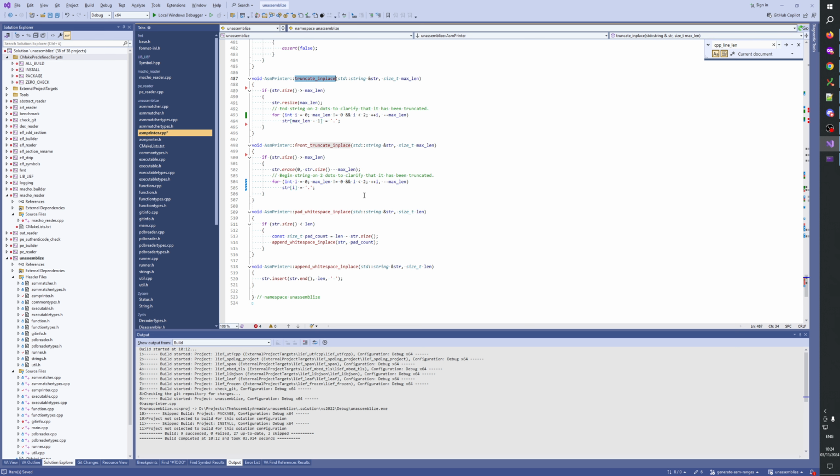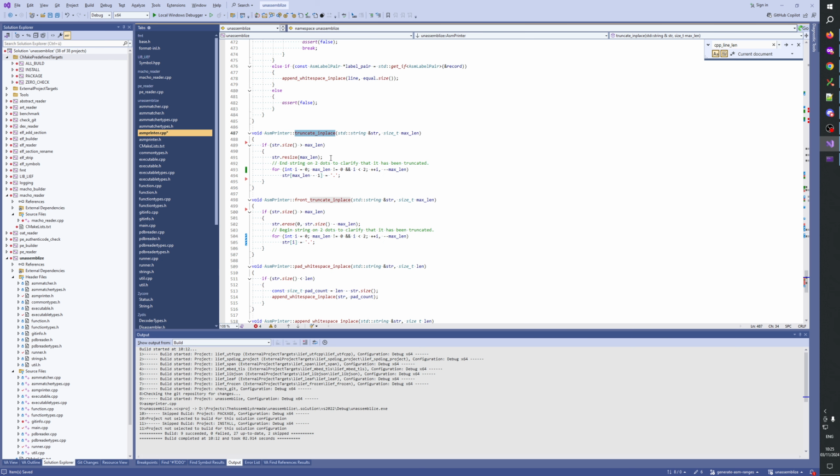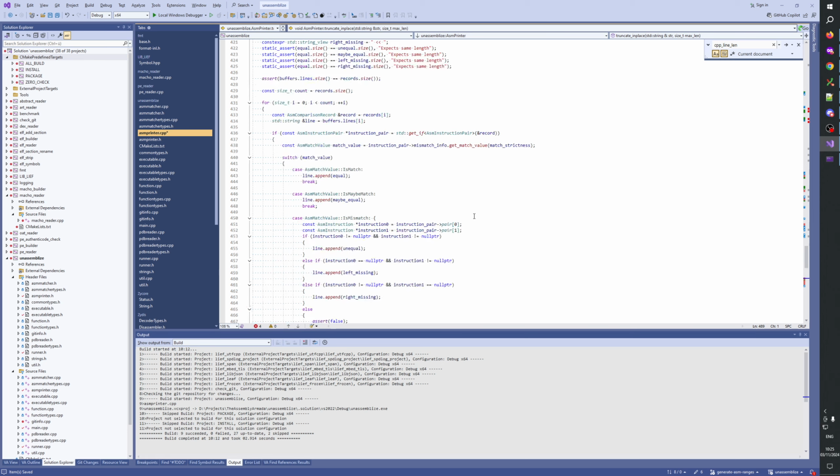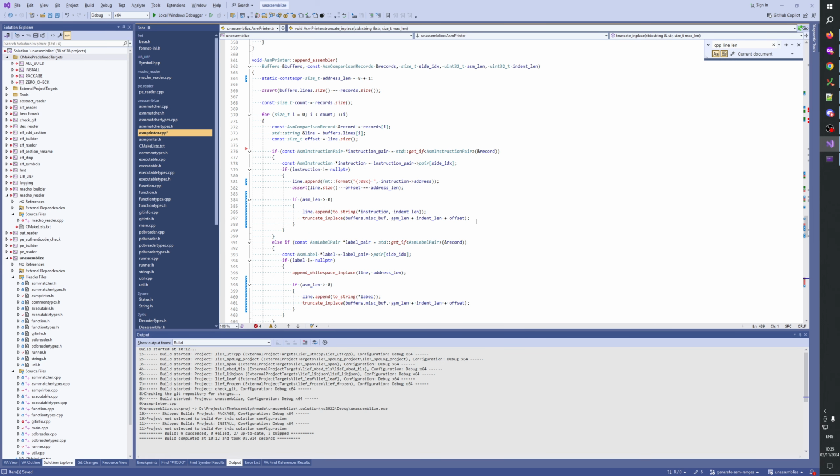Truncate in place. I would say we simply do